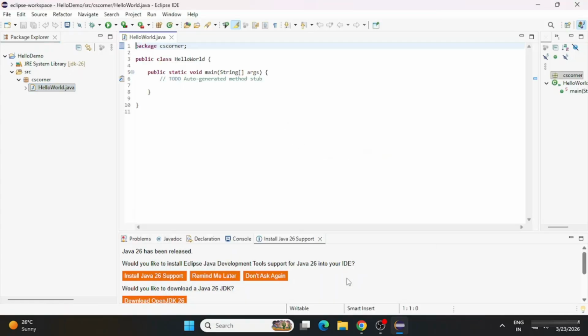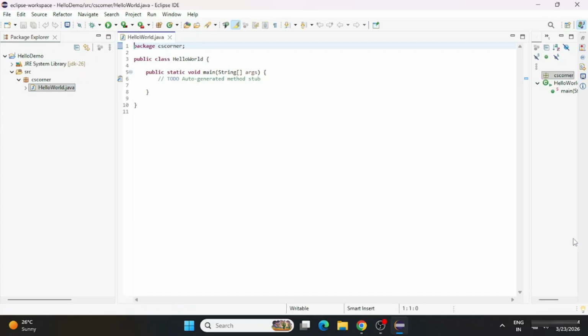And you can see my HelloWorld.java file has been generated. Here you can see the first line, it's showing me the package name. Then we have the class name, and under that we have the public static void main method. Let me delete this comment, and here I'm going to type a simple statement. For that, I'm writing sysout and pressing control space. You can see it has generated the line System.out.println. This is the line which we use in Java for printing any statement in the console. In this, I will simply type thanks for watching. So my code is done.